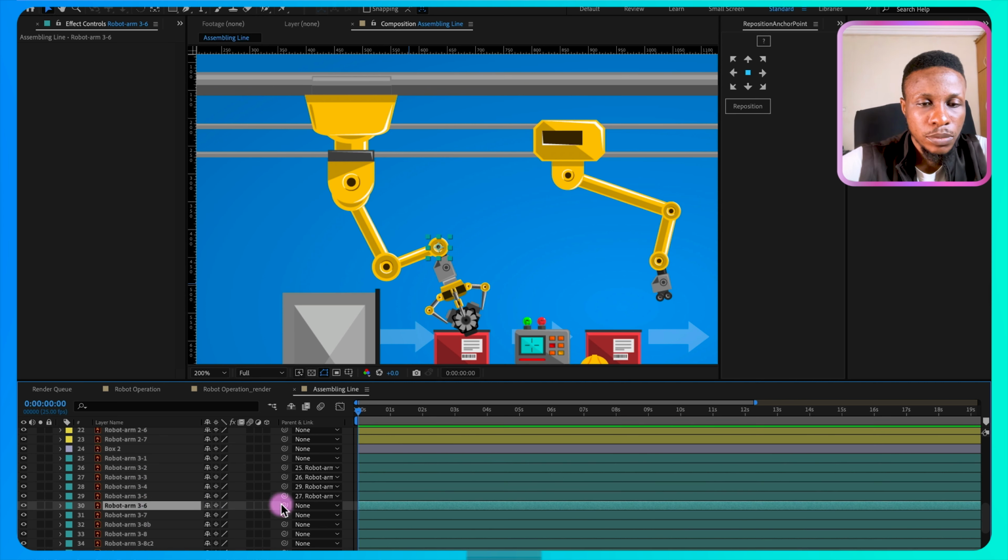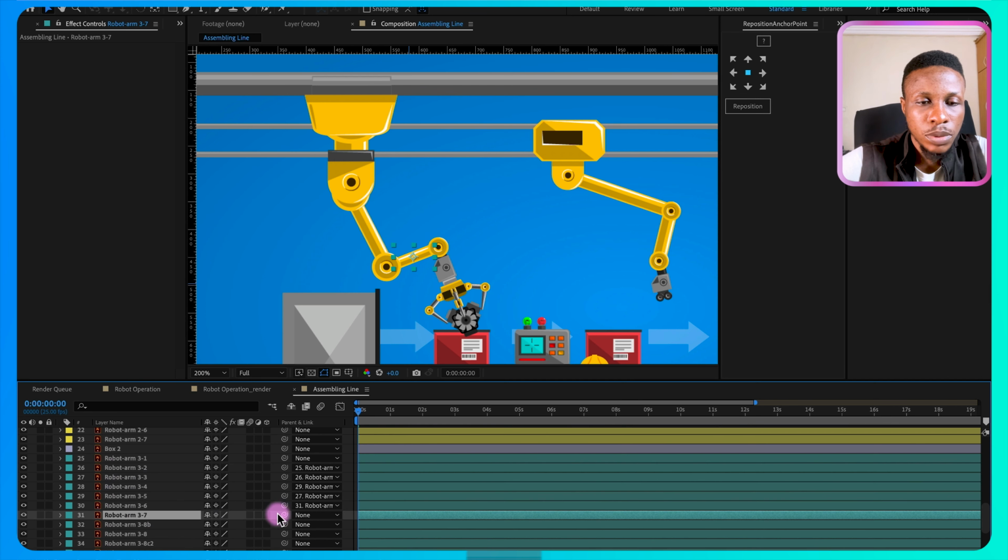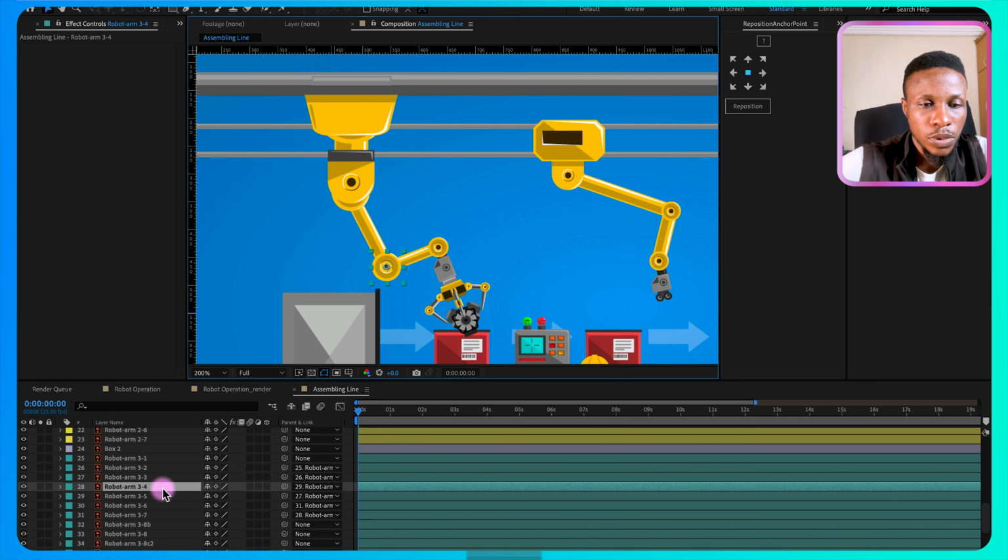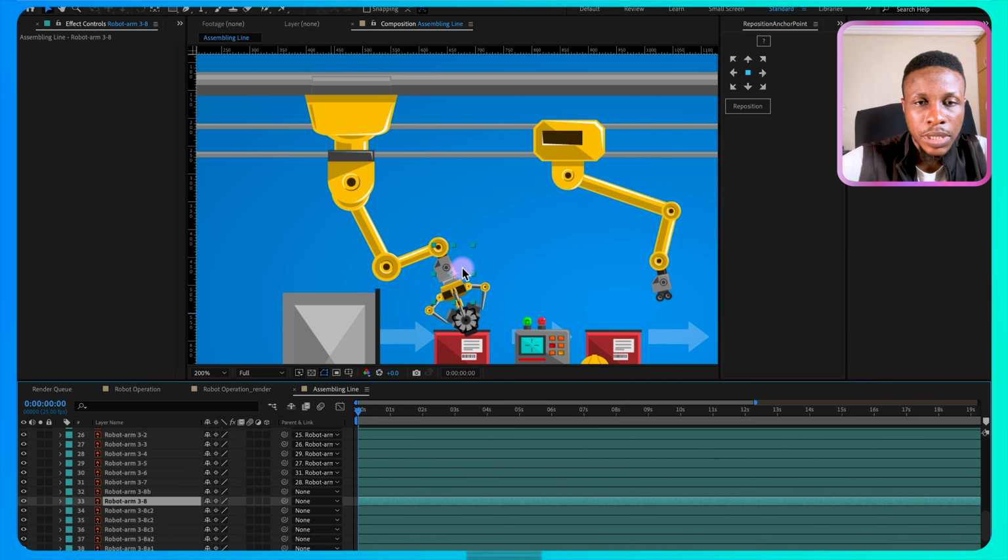Our 3.6 will be linked to 3.7, our 3.7 will be linked to 3.4, which is this one right here, and then this base will be linked to this one,